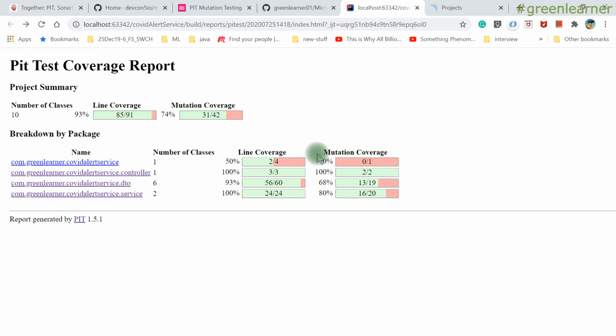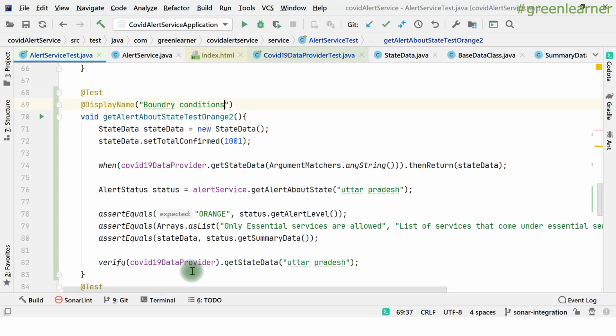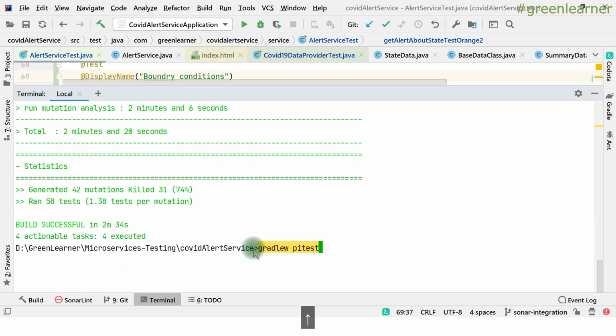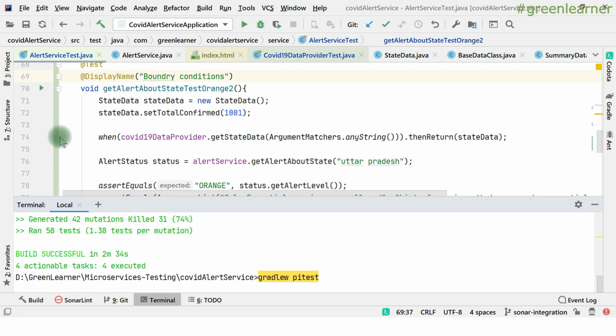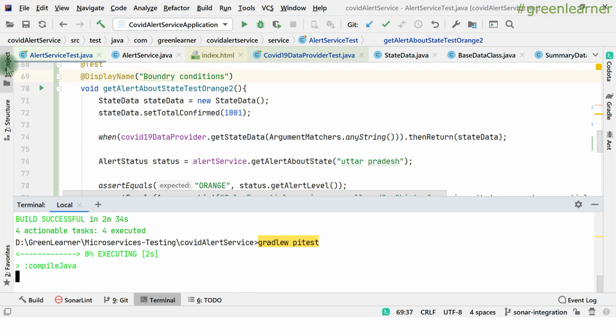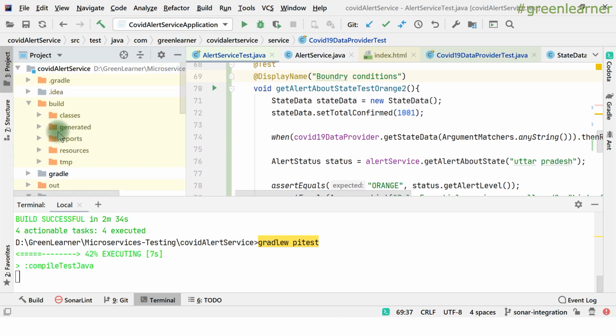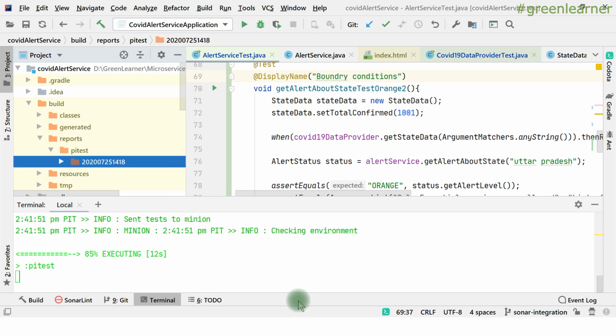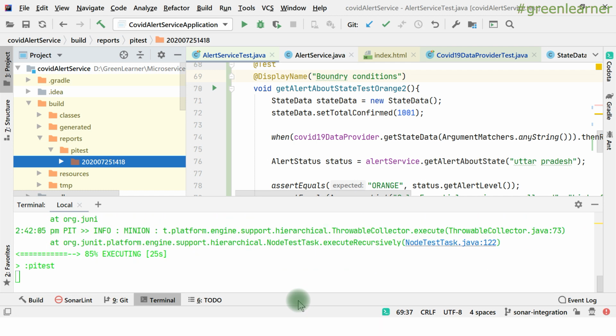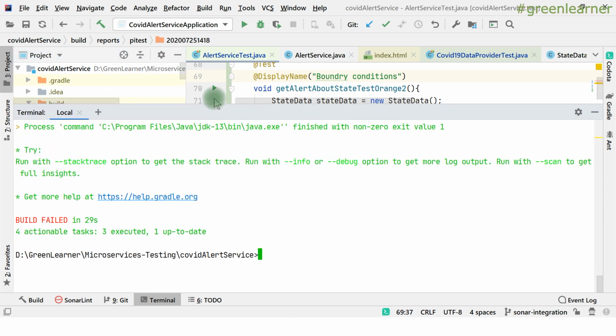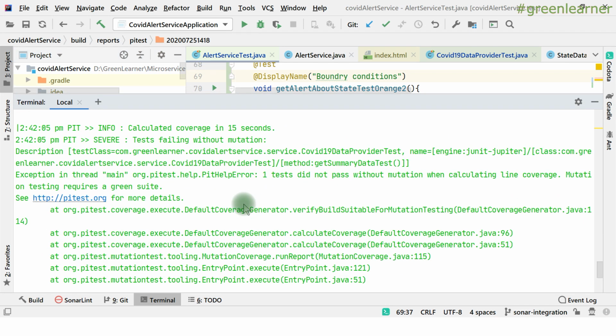So let me go ahead and execute our PIT test once again. After execution here, we will get one more report, so that we can compare. The report location will be here. Under reports, we will get this PIT test, and the second one is the time generated. All right. So we added one more test that should increase some actual coverage. Earlier it is failing something because we changed some of the things here.